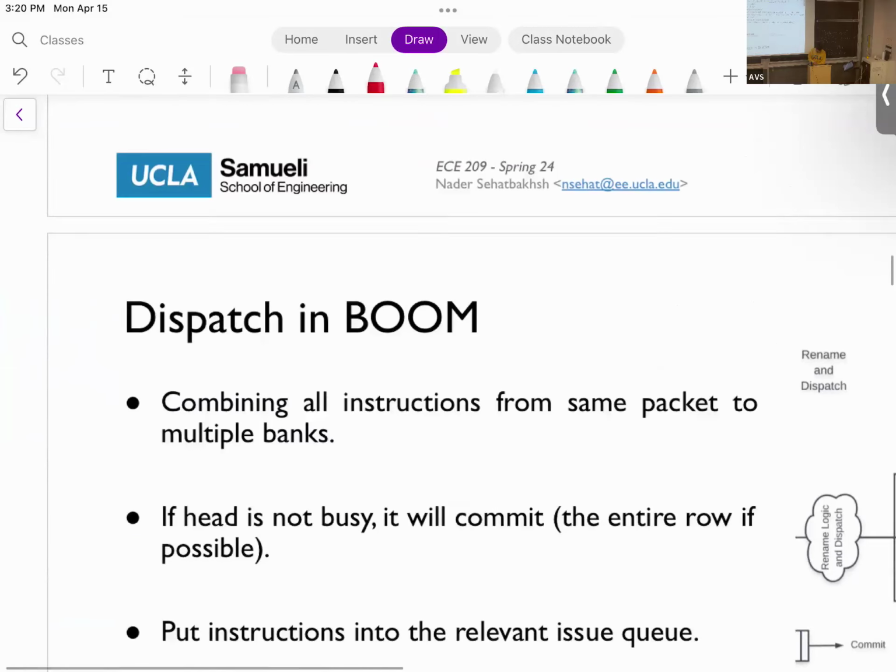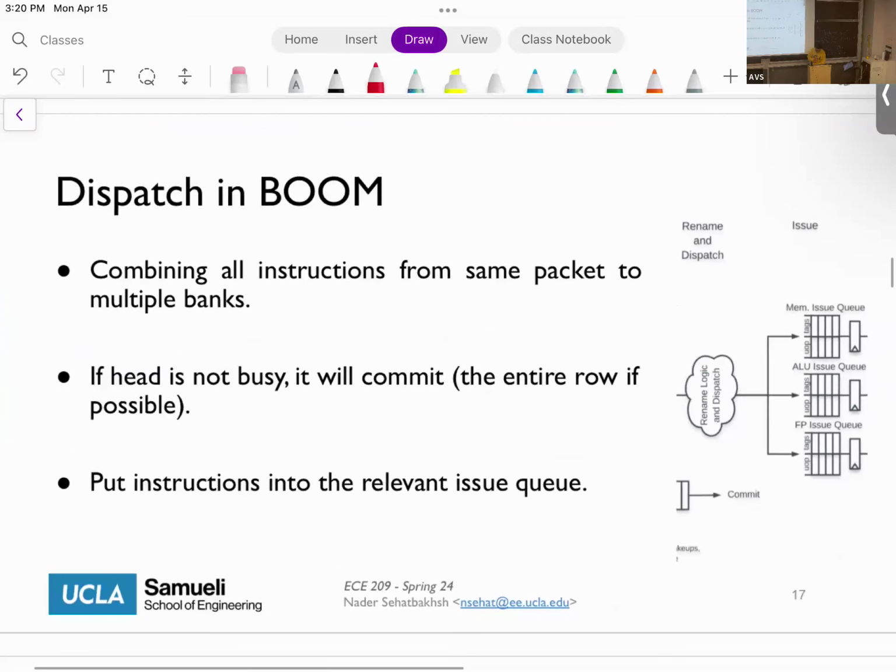And let me see. Another thing for dispatch in Boom is, as I said, we combine all of them in the same bank. In the same one PC, multiple banks. This way, one fetch packet can basically go directly and be distributed into one row of the ROB and the issue queue. And then, as I said, if the head is not busy, then we can commit the entire